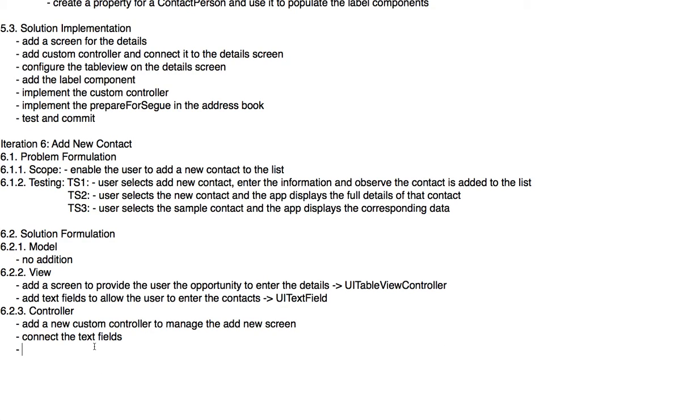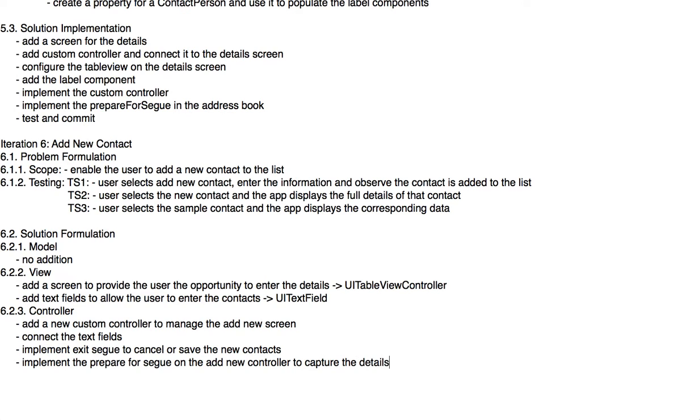And we'll see how we do that. So we're gonna implement exit segue to cancel or save the new contacts, and we'll implement the prepare for segue on the add new controller to capture the details and save it to the source and save it to the